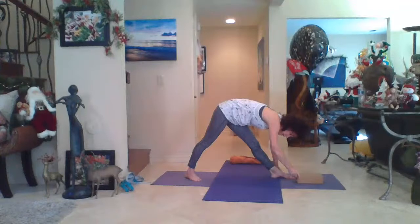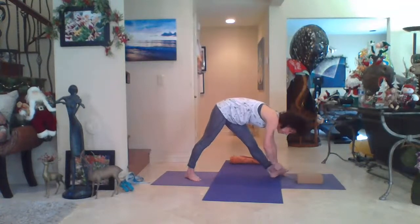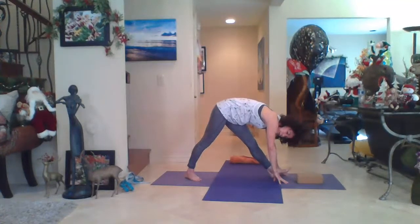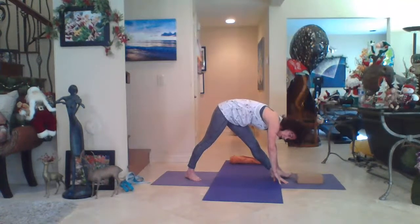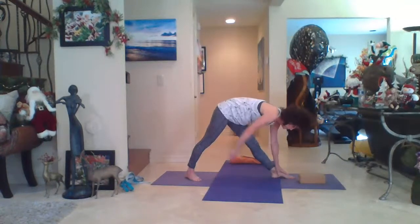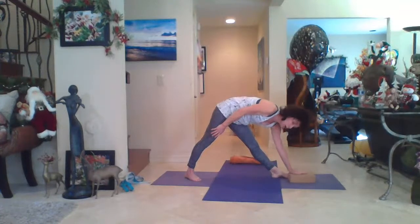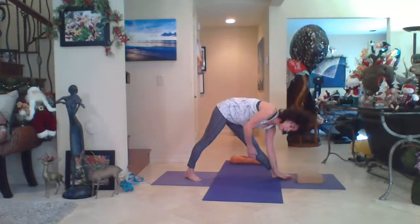Now, if you wish, you can very gently bring the toes up, bring them down. But be gentle and very slow and careful because that might be too much for your hamstring, so don't do it if it is. Maybe just wiggle the toes a little. You'll feel it. Let's put the right hand on the shin, the ankle, the block, or the floor, and inhale